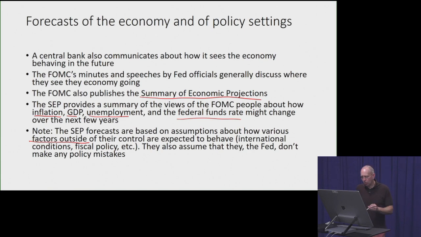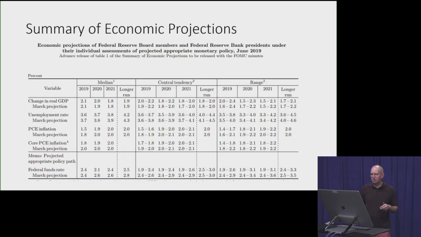And then they also, and this is critical here, they also assume that they don't make themselves any policy mistakes. In other words, they get policy right, and if we get policy right, this is how we see GDP, inflation, etc., evolving over time. So here's an SEP, the most recent one from June